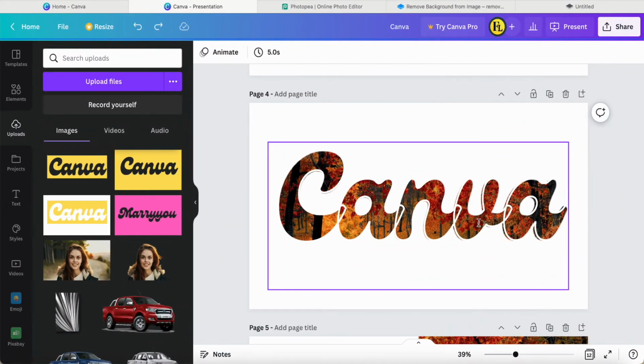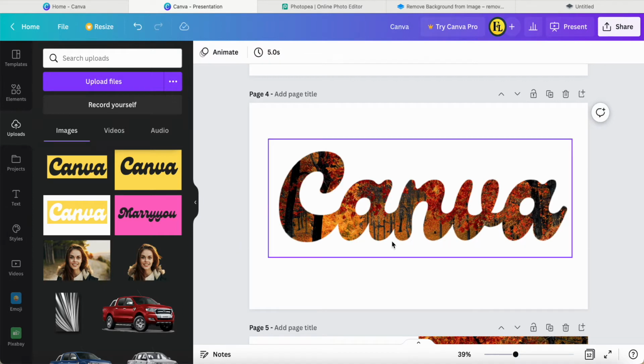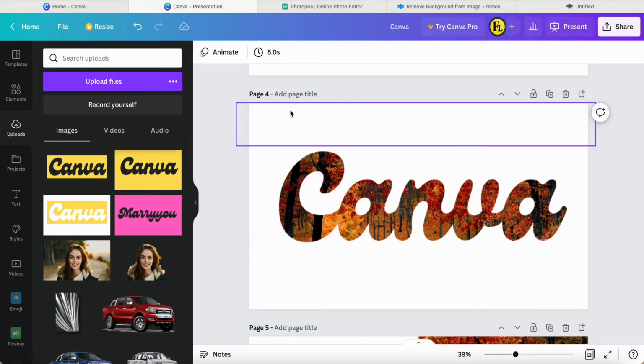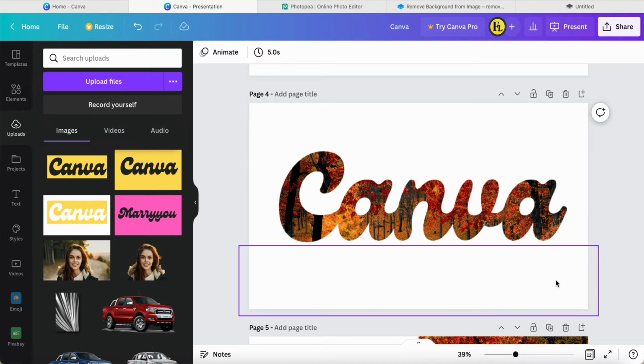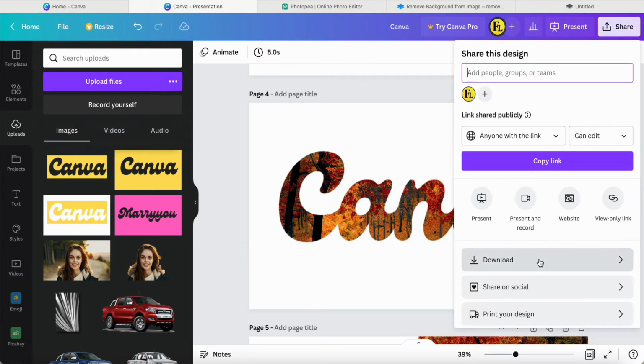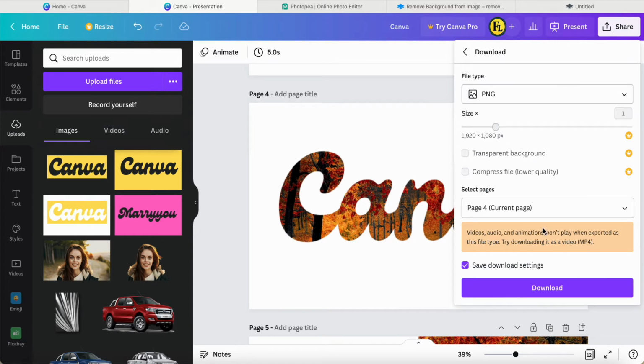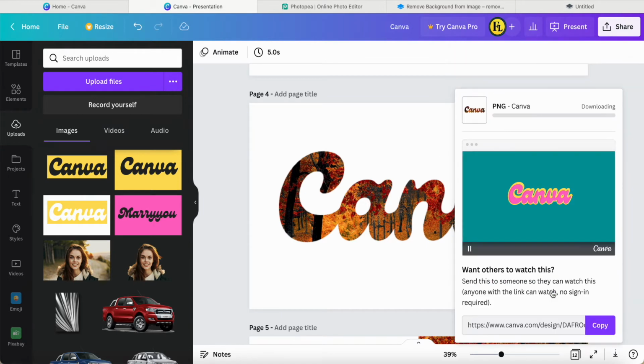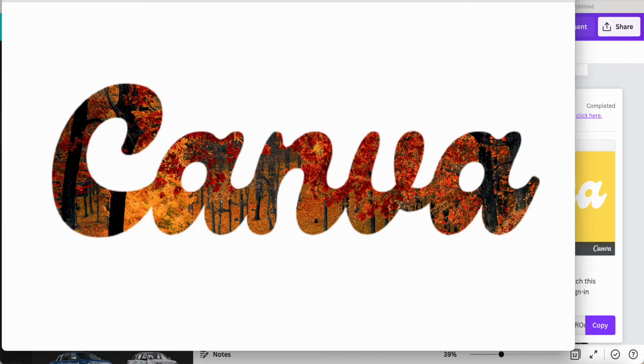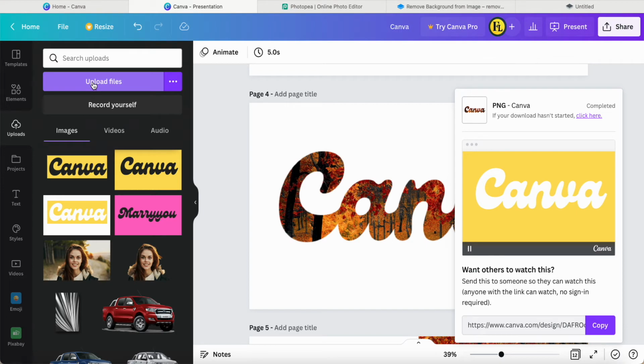We can also delete this white color text first, then it remains like this. They have a different kind of white color shape that I cover up. So now I just come here to download column page number 4, then upload it one more time to Canva. Okay, this is what I want. Just upload